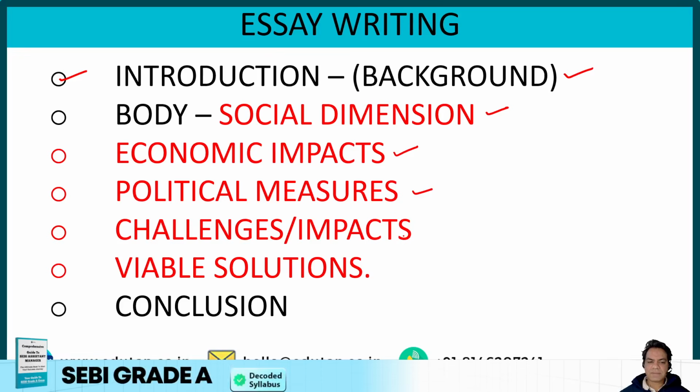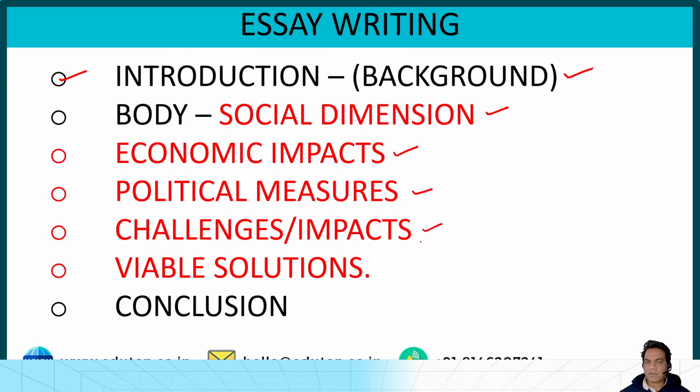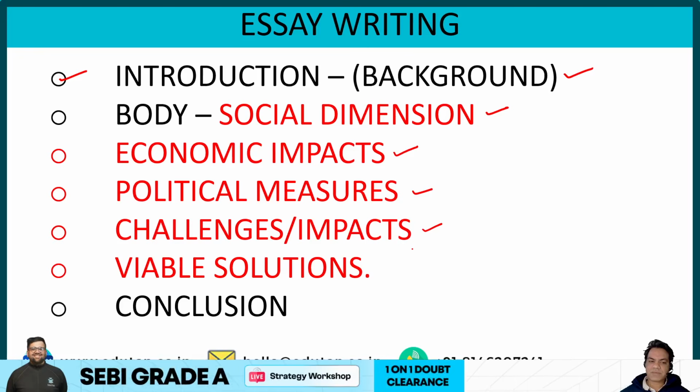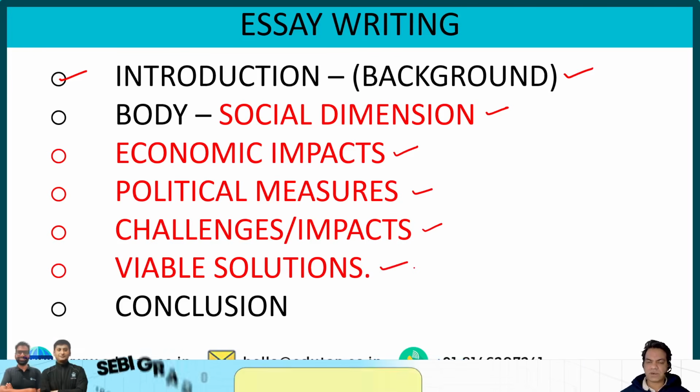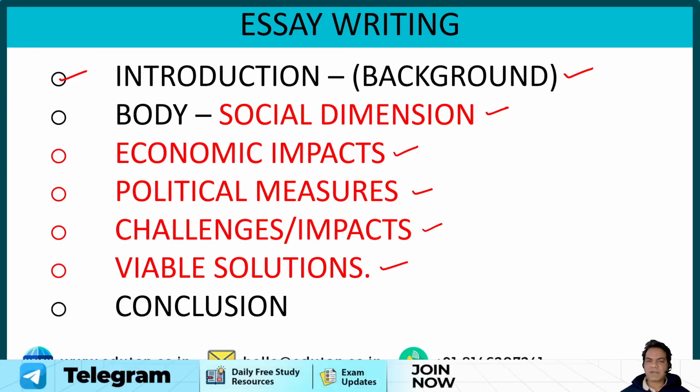Then what are the various challenges or what are the various impacts of that issue? Or further, what other challenges, what bottlenecks still remain? Then provide viable solutions to those challenges, regulatory solutions, not just made up solutions out of thin air. They should be practical, viable, and realistic. So regulatory solutions to your challenges, and then you give a way forward in a conclusion. So you sum up your whole essay in the conclusion, and then you give a way forward.